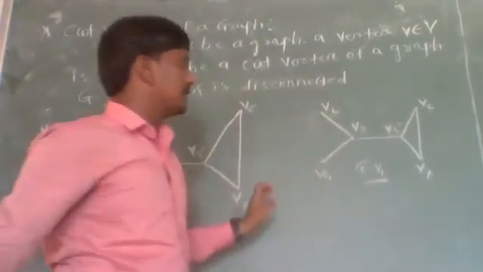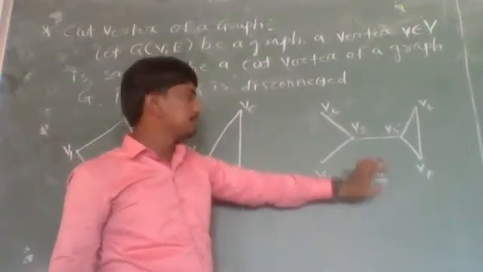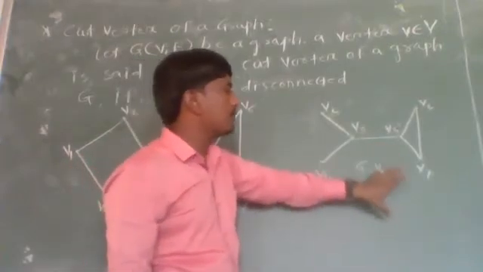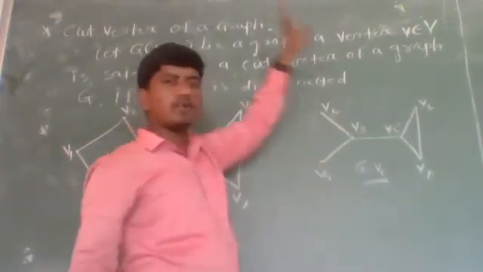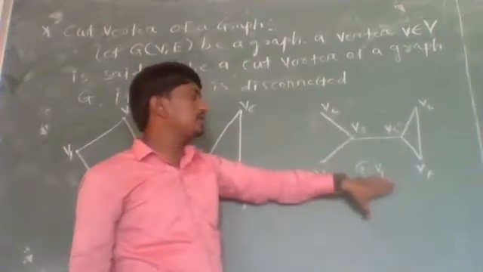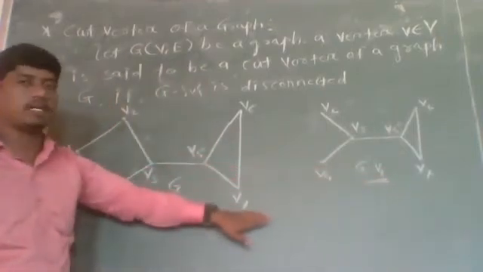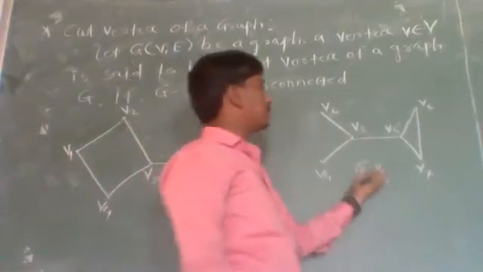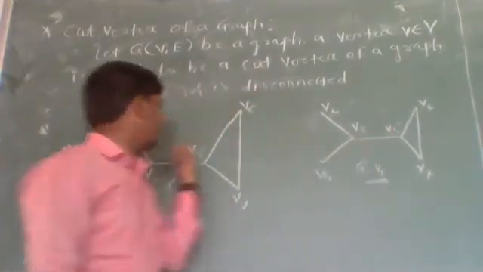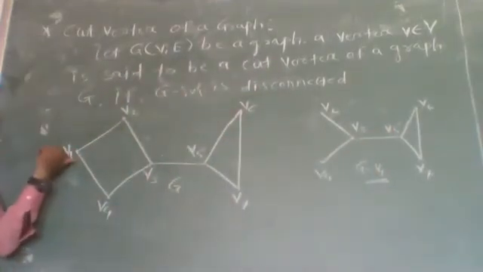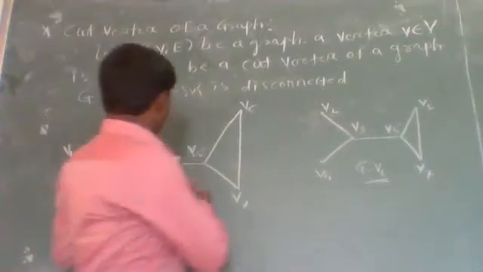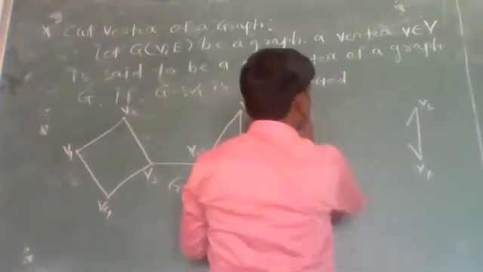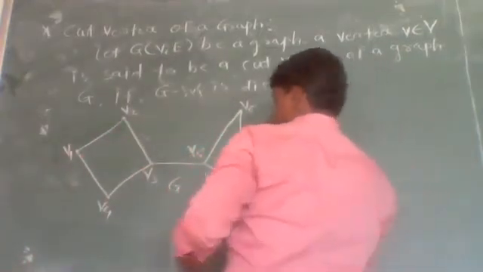Now we have to check whether V1 is a cut vertex of graph G. A cut vertex of a graph G is a vertex such that if we remove it from G, the graph becomes disconnected. But here G minus V1 is a connected graph, so vertex V1 is not a cut vertex of graph G. But if we remove vertex V3 from graph G, then we get